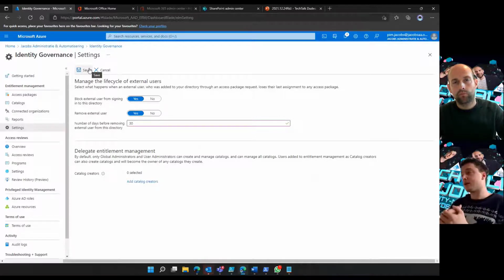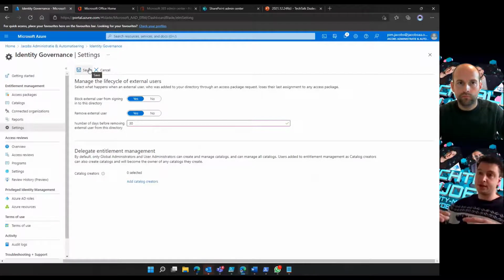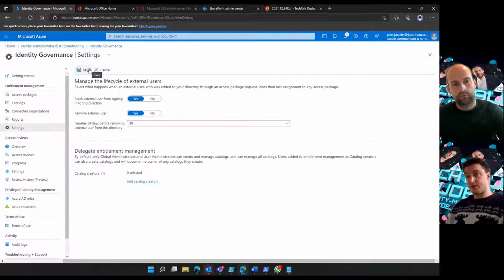However, and then I'm going directly to the second point, of course. However, most likely not each resource which there is can be put into an access package. So we need to find alternate ways on how we can put lifecycle management on, because if something is shared via SharePoint Online,